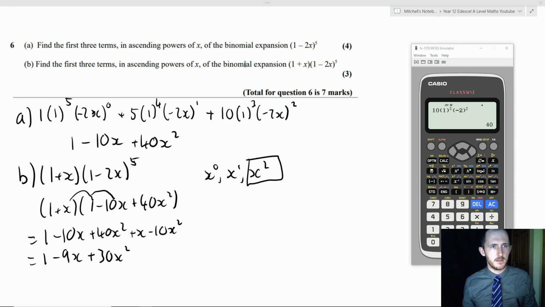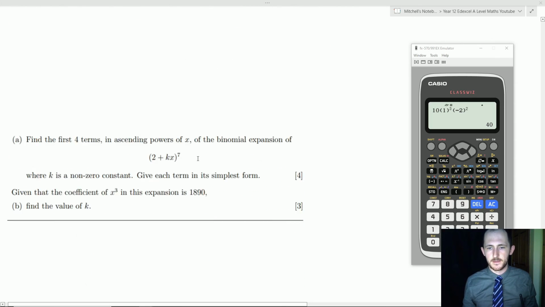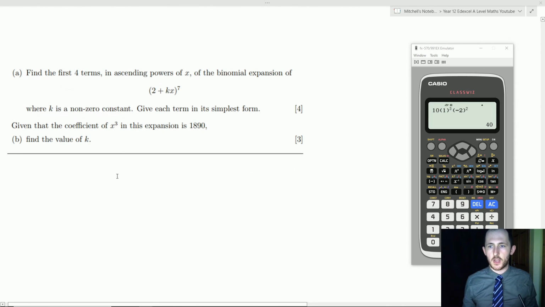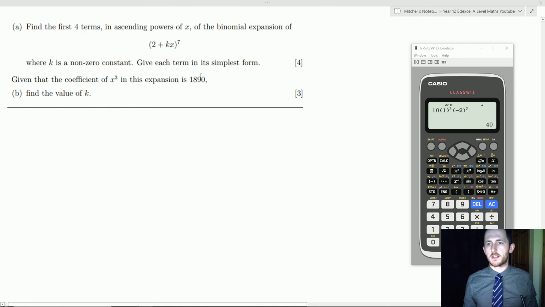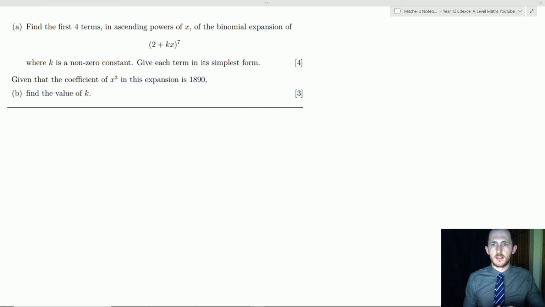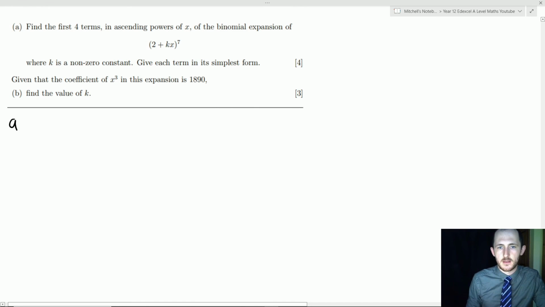Okay, let's do another one then. So, again, don't be afraid, don't be weirded out by the fact that the marks look a bit weird. This is actually from the old spec, but keep in mind the old spec still has all of the same stuff in it. If you look, this question looks exactly like our other questions, right? So let's do it. Find the first 4 terms, so that means we're going up to x cubed of this